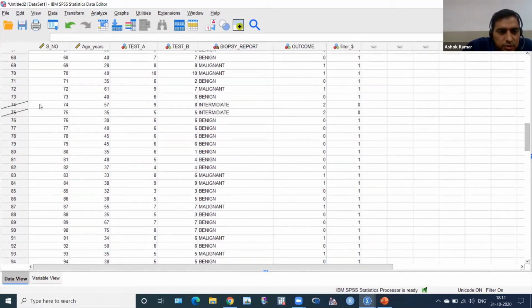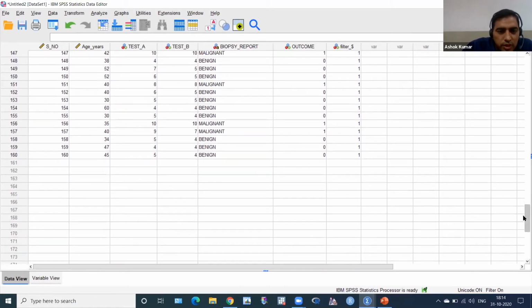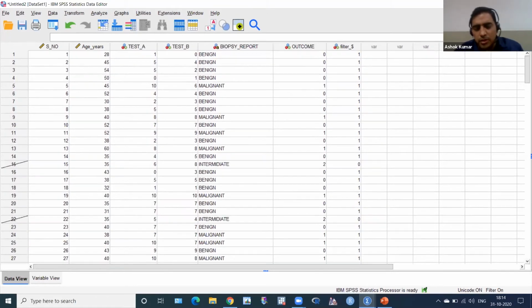Okay, these 2 intermediate, very good. And this is also 2. You can see 120, there is an omitted sign, intermediate. So very good. My SPSS did this work. I can make some mistake, but SPSS will not, I think. Now,